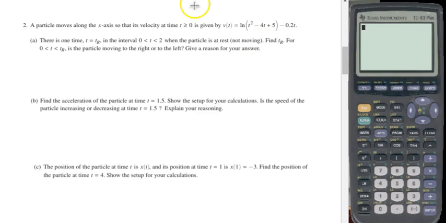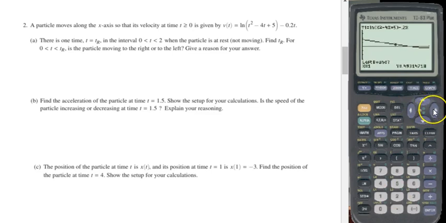In order to determine whether the particle is at rest or not moving, we need to graph the function. Since it's the interval 0 to 2, I'm going to set the window like that, and then for the y values, we're going to go -5 to 5 and make our x scale 1. Going to graph it. Okay, I fixed the graph there. So the reason we're graphing the velocity function is because the object's going to be at rest when its velocity is 0, and we can see that the velocity changes from positive to negative at some time. So yes, it is going to be equal to 0, so we're going to solve for that using number 2,